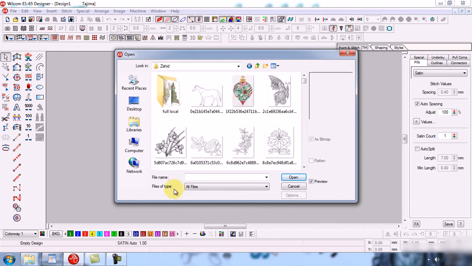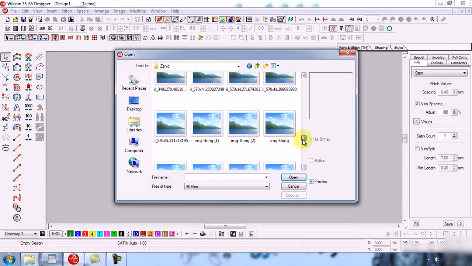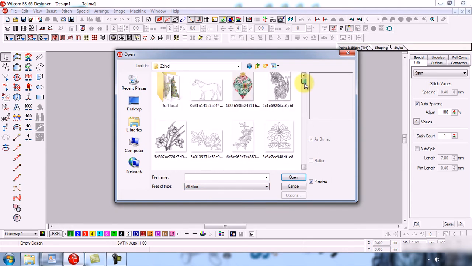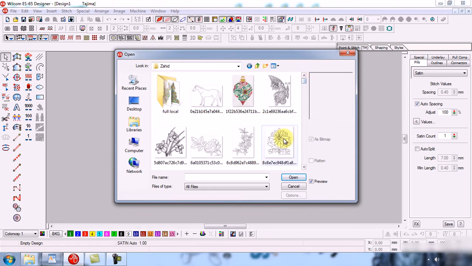There I have many files. To open any type of file, double click on the image or single click on the image and then click on the open button.